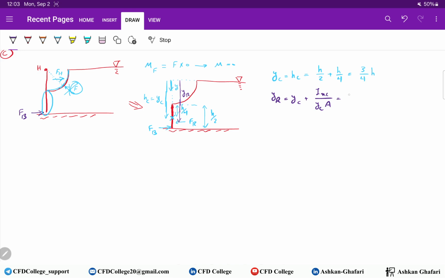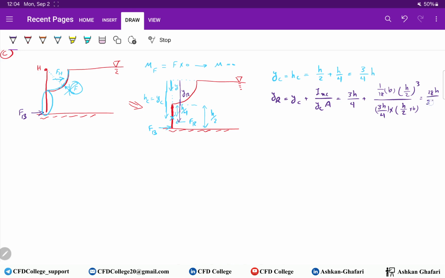So YC is 3H over 4 plus 1 over 12 width times the height of the gate, H over 2 to the power 3. And in the denominator we have 3H over 4 times the area of the gate, which is H over 2 times B. So YR equals